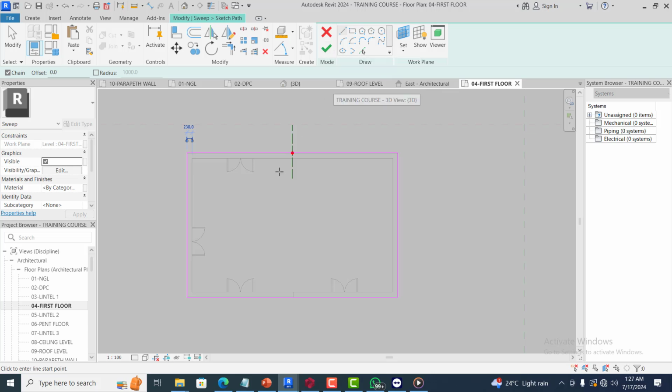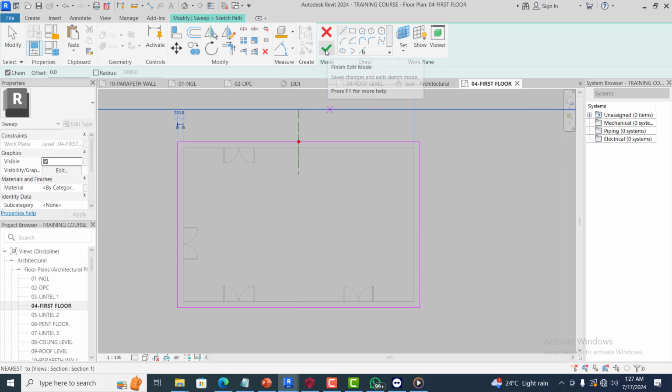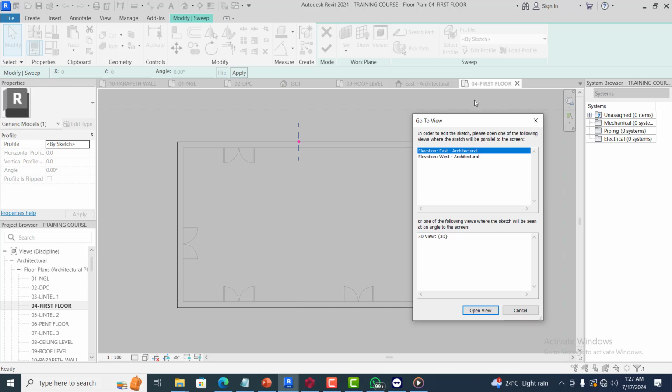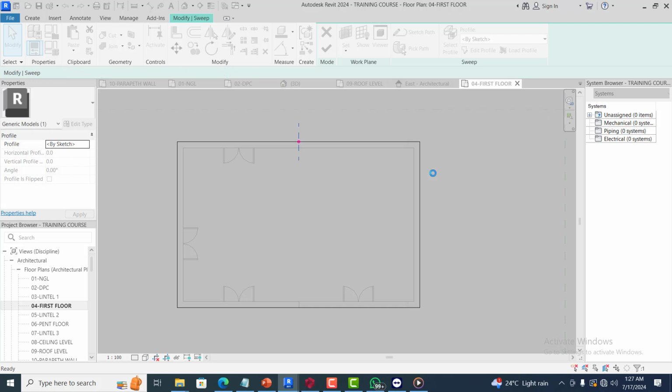All right, so I have been able to sketch my part. All I need to do is click on finish edit mode. If I click on it, it will bring up this menu for me. I will be able to select a profile. It's very important to edit. You see this profile, you edit a profile. Now I want to pick east elevation. However, even if you pick your west, I believe that should also serve, but let me use my east